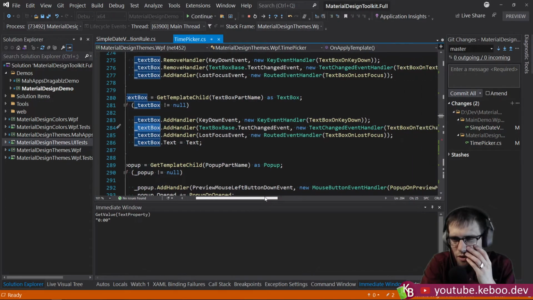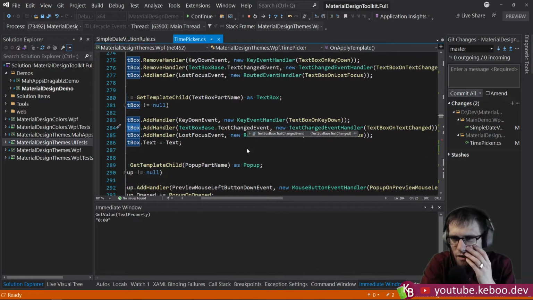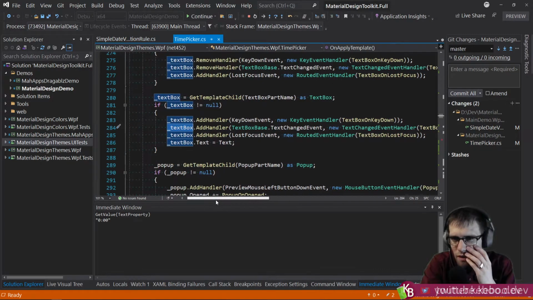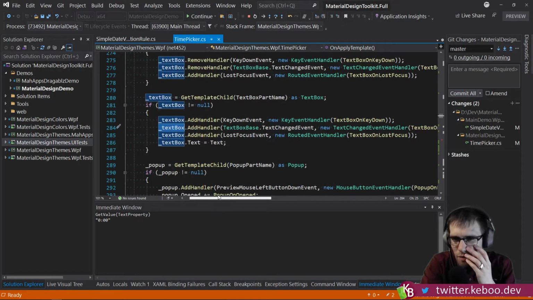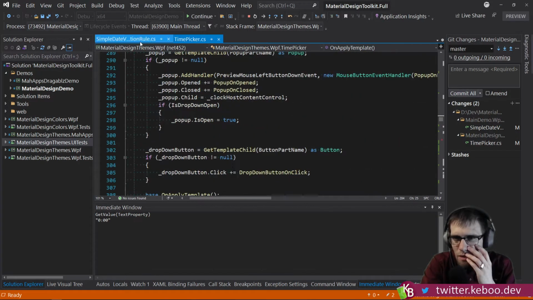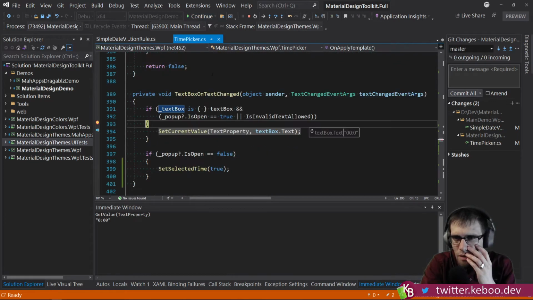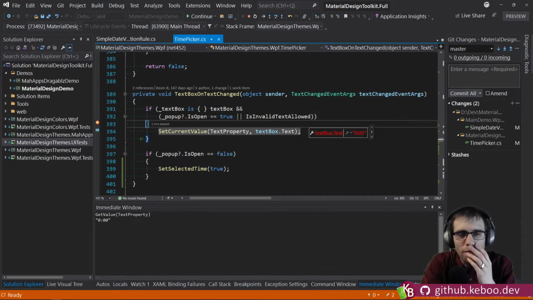So we register up for the text changed event, right? We added a handler to it, which is great, fine. It's what we want. So the text is flipping and flopping. So something is setting text box text when we do this. And I imagine it is probably in